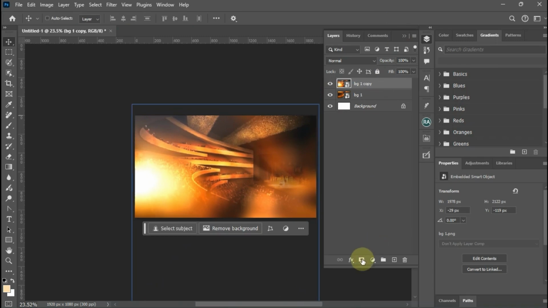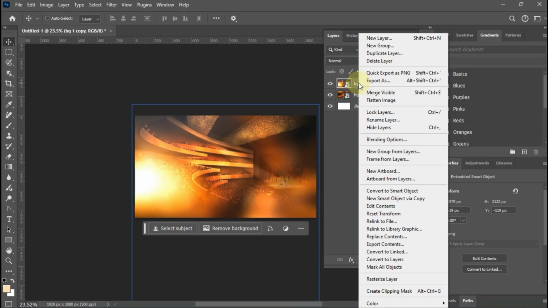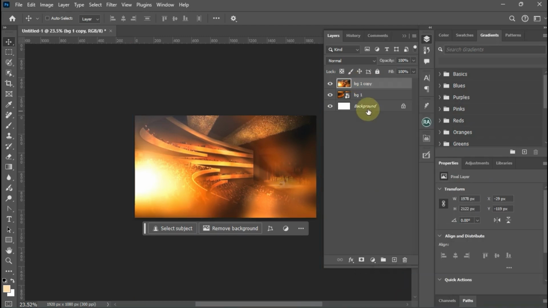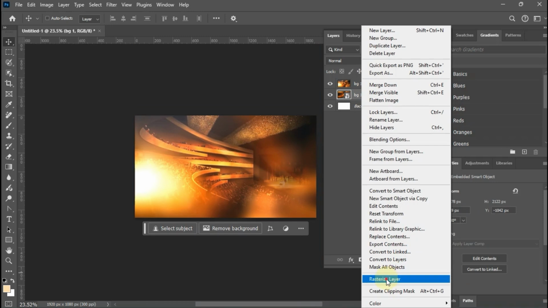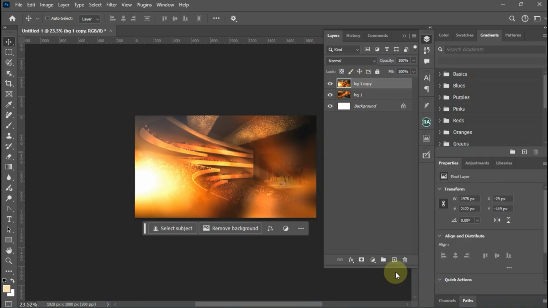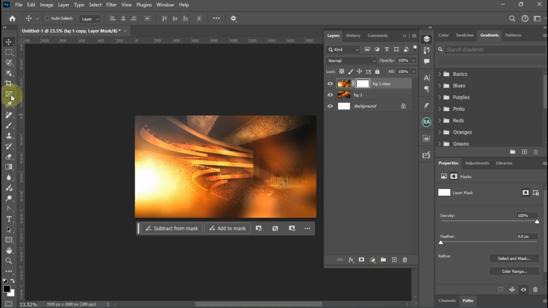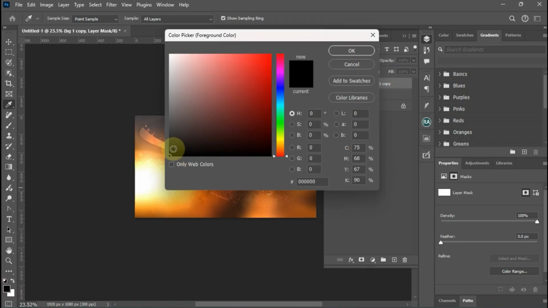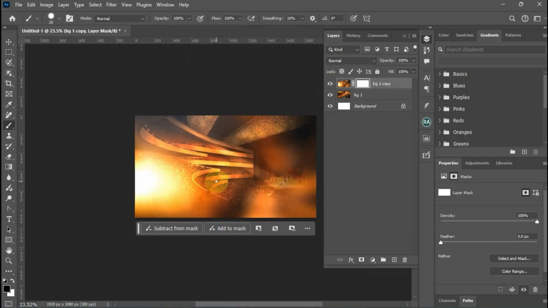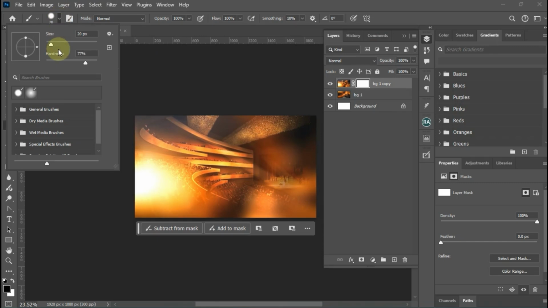So let's rasterize this one, the top one, rasterize it, like so. Then also I click this one, rasterize that. Then the other thing, you have to layer mask the top one, since we want to reveal the bottom part. So set your foreground to black, then click OK. Then you can set your brush to that size and your hardness, make sure that it's 10%,